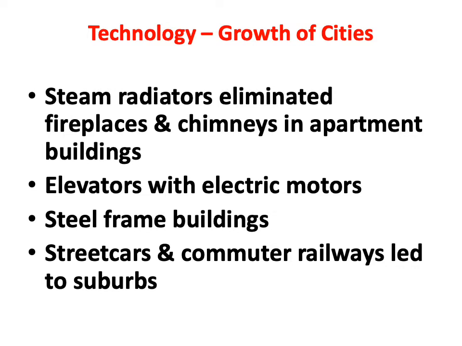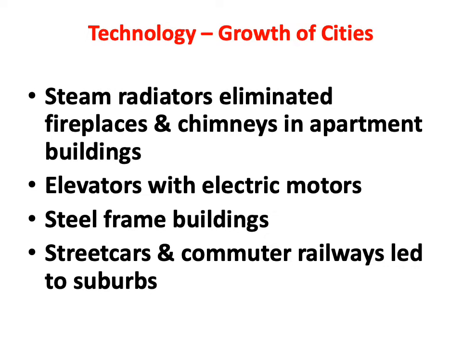It also, by the way, greatly reduces the risk of fire. So now you could have fairly inexpensive construction to build large apartment buildings. Well, you could build large apartment buildings that were higher. Why? Because now you had elevators with electric motors, very inexpensive electric motors, particularly in the cities where there was widespread electricity. You had buildings with steel frames, and so the actual structure of the building was the framework of steel girders, and everything else on the outside was just ornamentation.